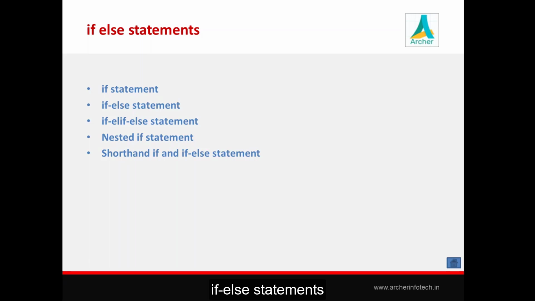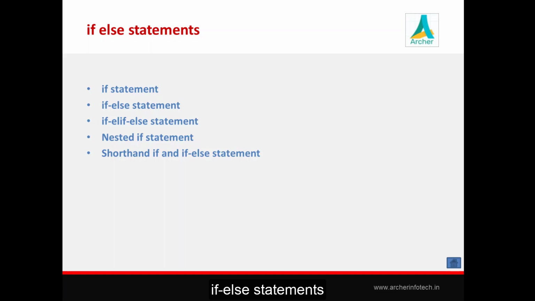See, by default, instructions in a program are executed sequentially, meaning your program gets executed in a sequential manner. But many a time we want to execute a set of instructions in one situation and another set of instructions in another situation. Meaning execution of statements depends on some certain condition.